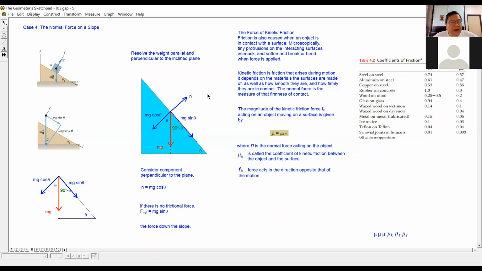So far, any question on this object resting on an inclined plane? No. Okay. We look at frictional force or the friction